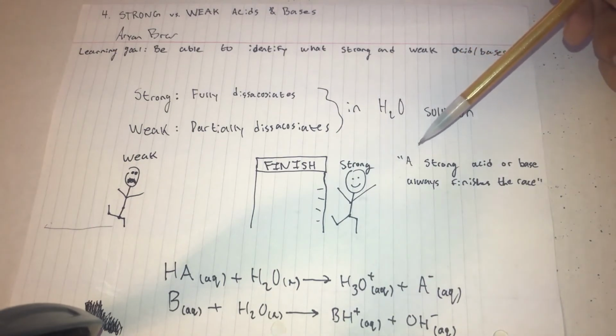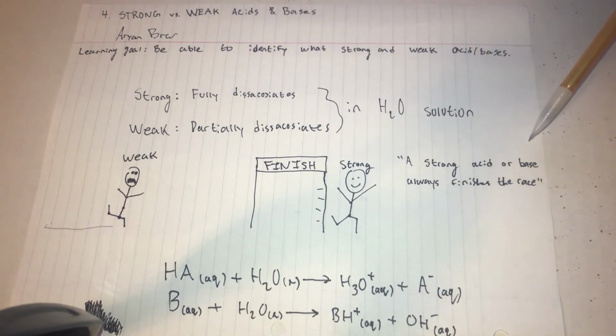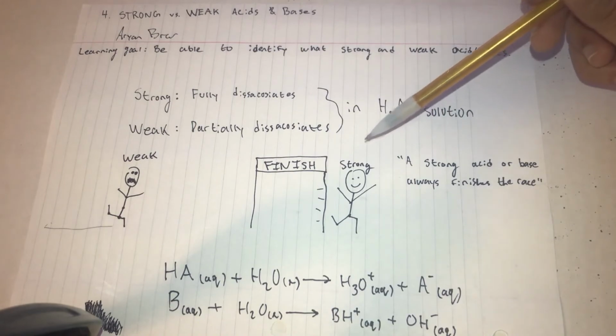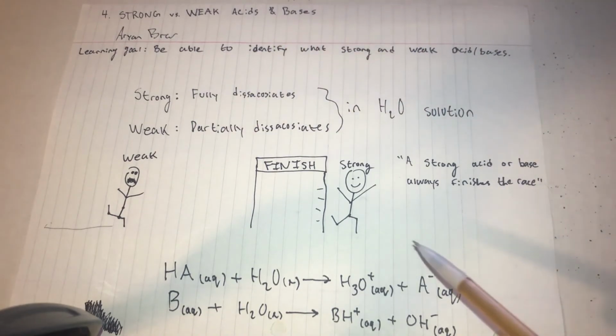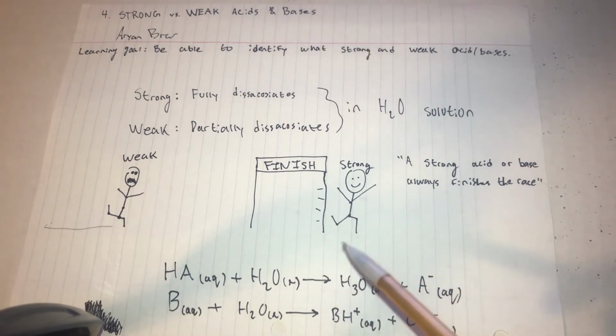An easy way to remember this is a strong acid or base always finishes the race, as if the strong acid always crosses the finish line and always fully reacts in water, while a weak acid or base can't make it so far. Now, the reason why this information is useful is, let's say if you were in the manufacturing